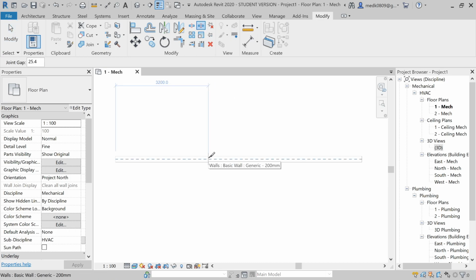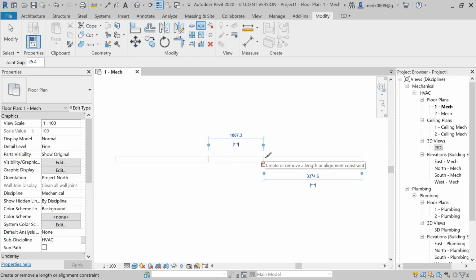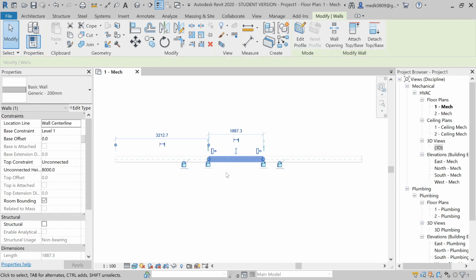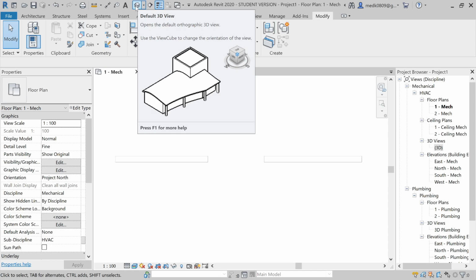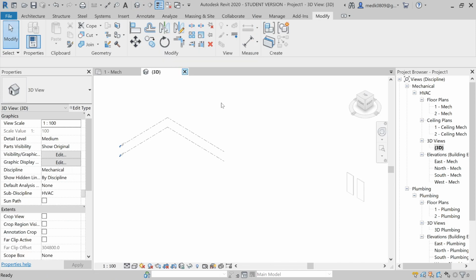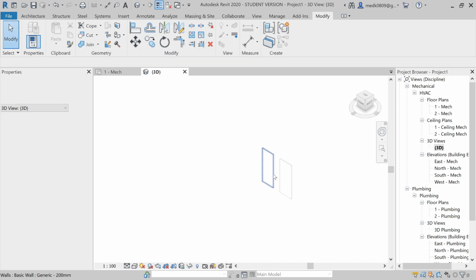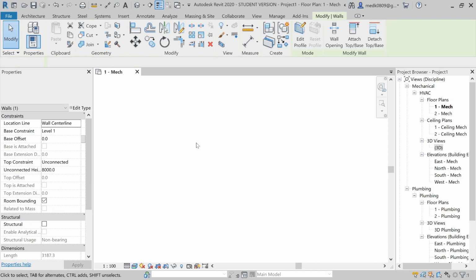Now you can split the wall using this command with a gap. So you can see this is the gap. Okay, if you want you can delete it also. And let's see this wall in 3D view. Here we have the 3D view. Click over this and you will get the 3D view of these walls. So here you can see the walls.